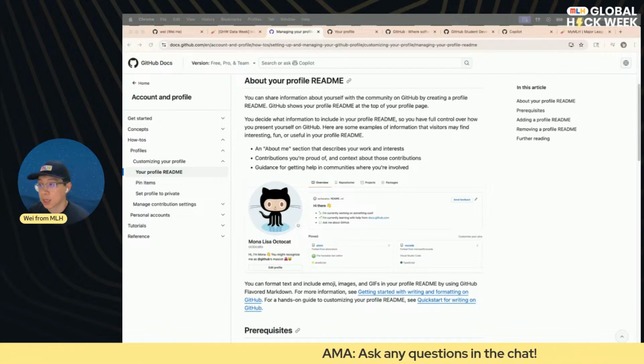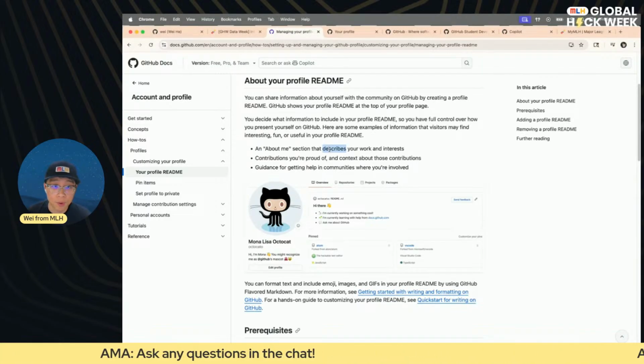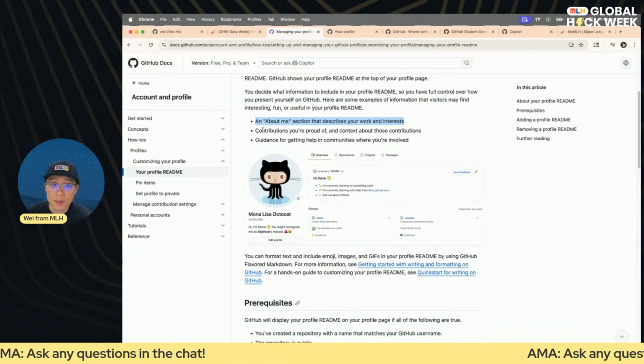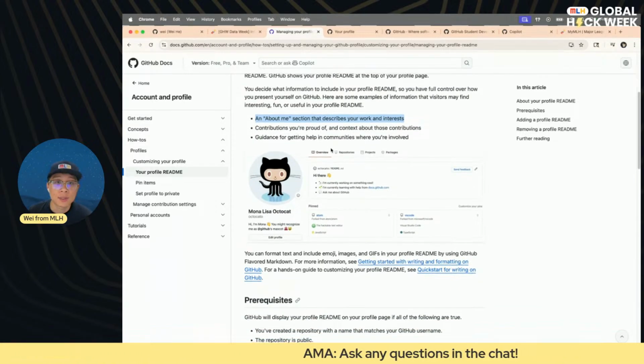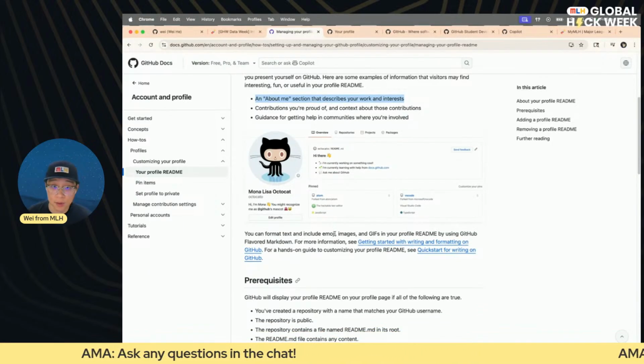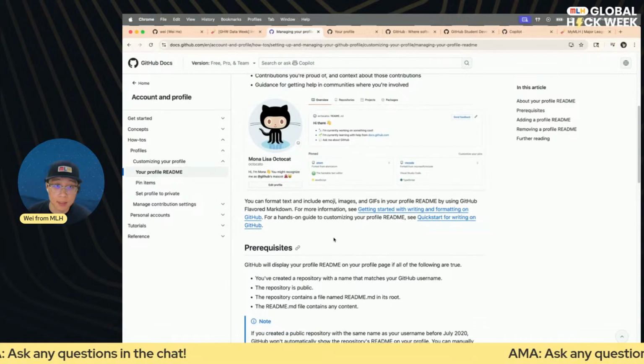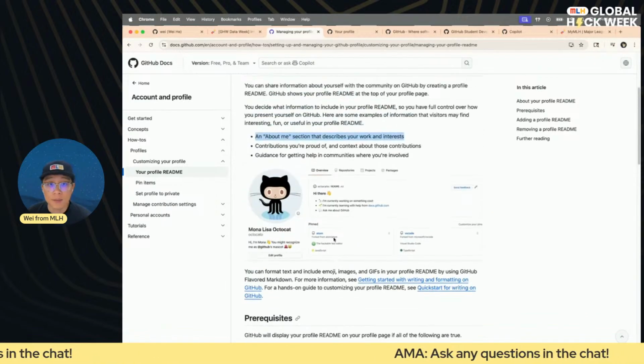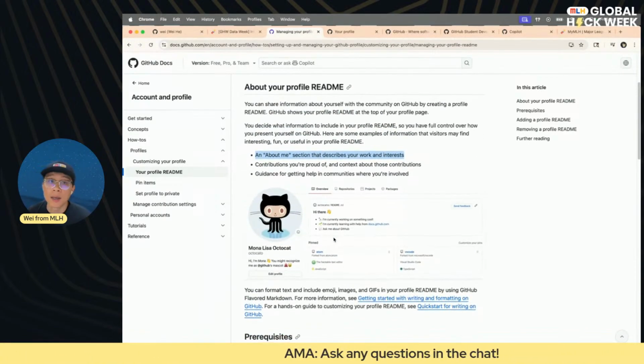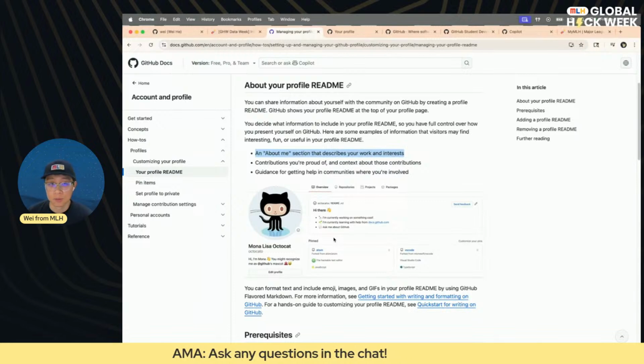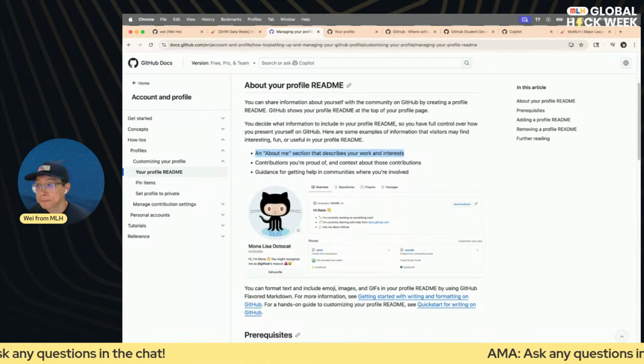Everyone can take a look at a little intro about who you are, some of the work you have been doing, contributions, and maybe information about the different communities you're involved in, your hobbies, and things like that. Think of it as your personal website on GitHub, which also serves as your portfolio, resume, etc.